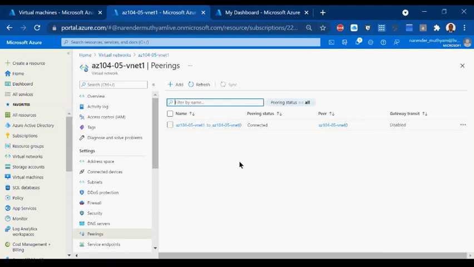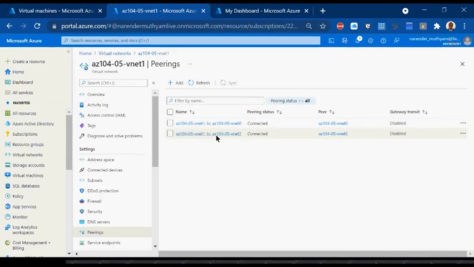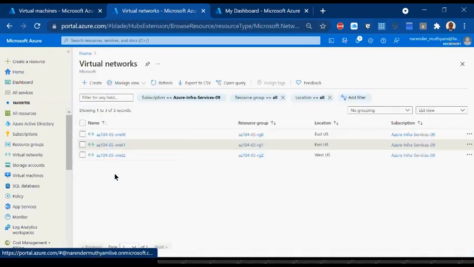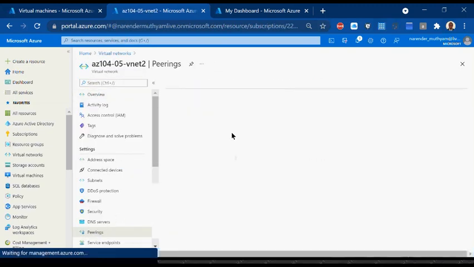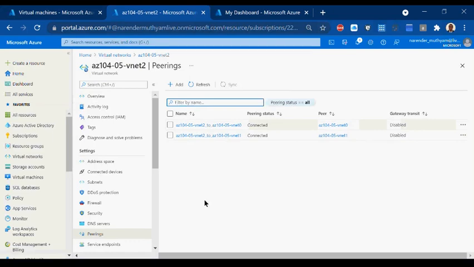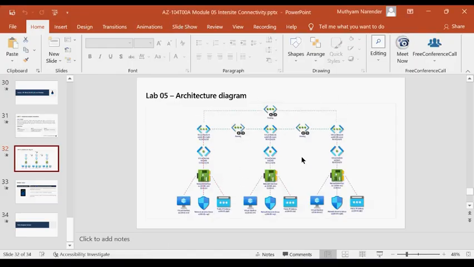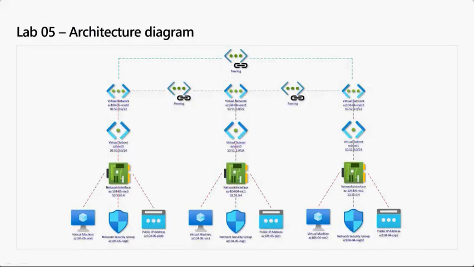It is still not connected yet. Shortly it will show you. Yeah, it has come now. So 1 to 2 done. And then again go back to VNet 2, you will see 2 more. That means the 6-way connections we have completed. Now all VNets are in place, and all peering is also in place.